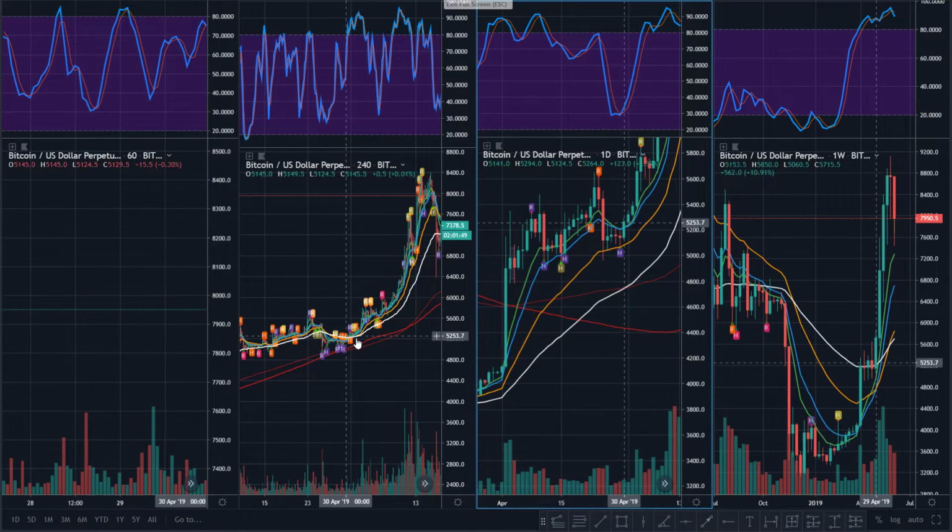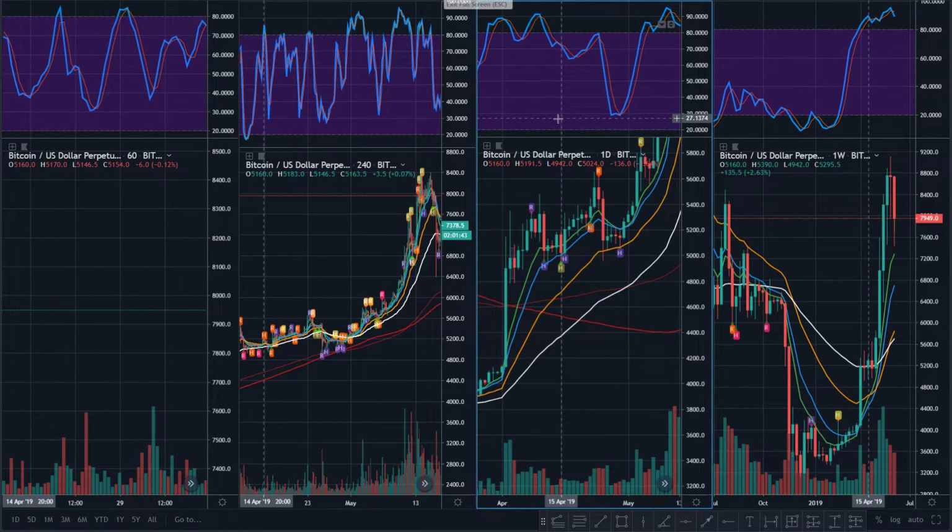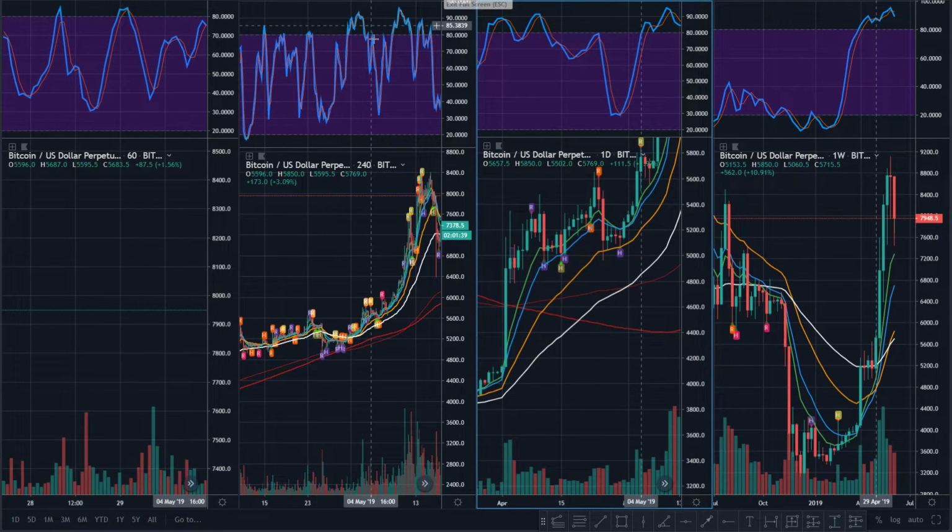As you can tell by the price being flat, the cross happened quicker on the 4 hour than it certainly did on the daily, which of course makes sense. But the idea was that lower time frame could then get you in on that new cross. Okay, and this is all about relationship.